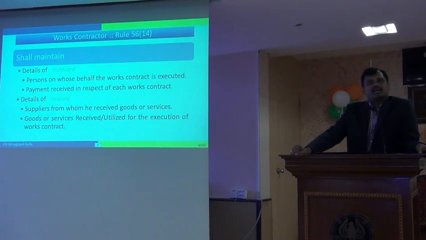Take the case of when a road is being laid. Most of the time the cement or the jelly, everything, is actually parked at the roadside itself. Now that is not a godown, but when the stock records are being maintained, they shall ensure that for the stock which is going out of their premises, it is recorded to which contractor that goods are moving, because the invoicing by a works contractor is done at a time T, based on a time period,